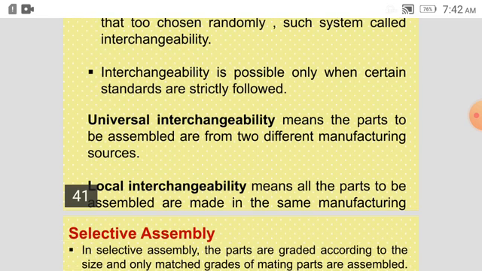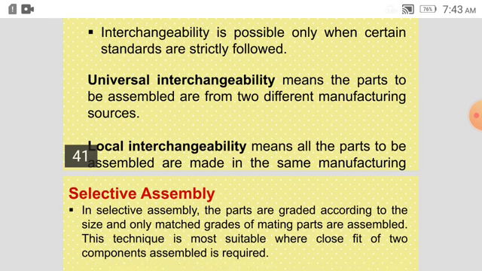We can take a simple example from our daily life. The tire required for a motorcycle is made to a specification. You can see on the tire a number is given. That number is nothing but the specification, so that tire will fit that motorcycle. Otherwise, if that number changes, we cannot say that it will get replaced correctly.